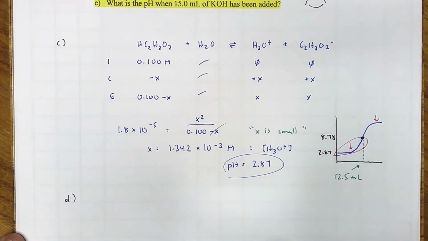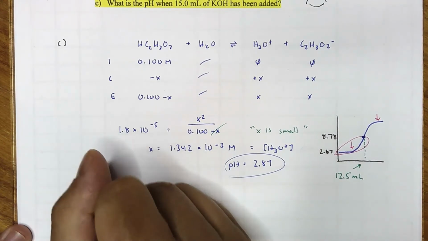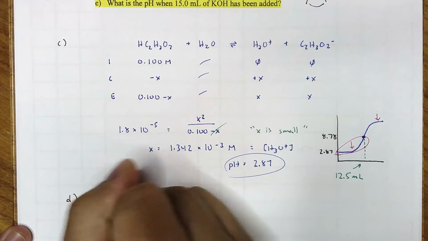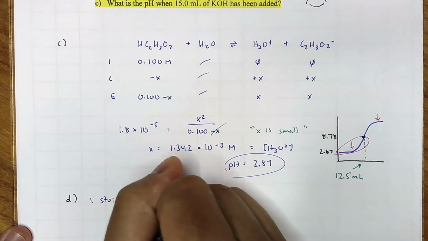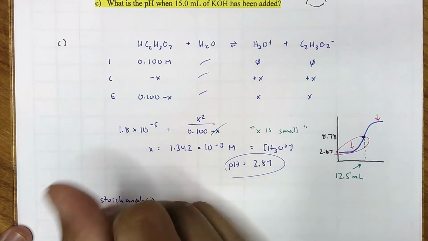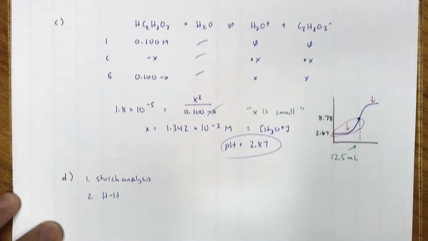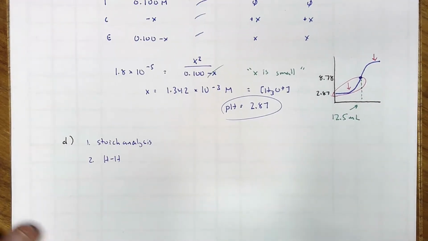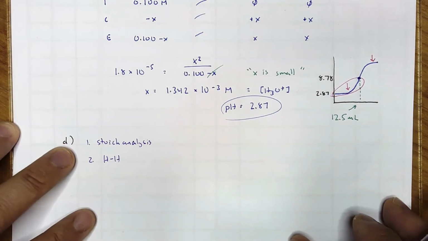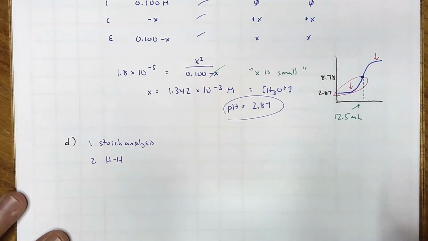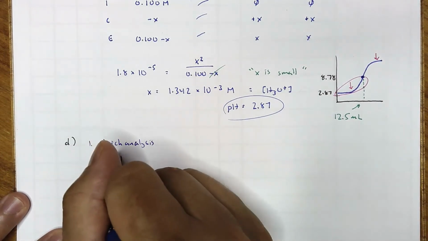So what we're really doing first is a stoichiometry analysis. Stoich analysis. Okay, and then we're doing a Henderson-Hasselbalch equation and solving for the pH. What is the stoichiometric analysis? The analysis is this. We started out with